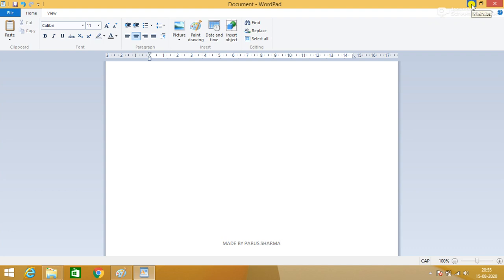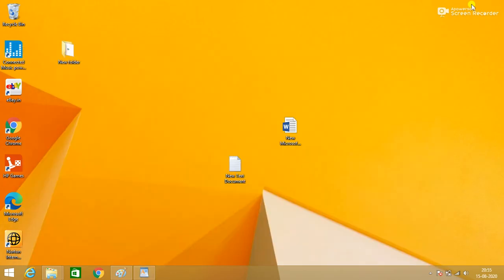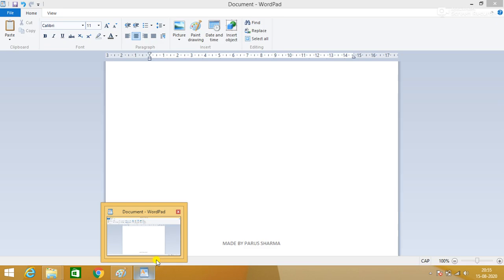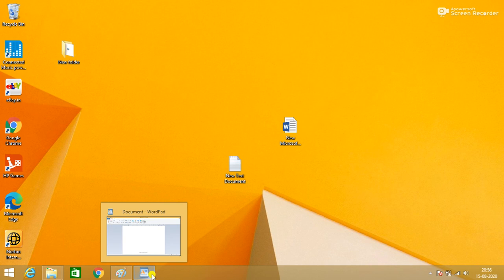The minimize button is used to hide your window from the desktop screen. Now see, when I click on the minimize button, the window disappears from here and we can see the window on the taskbar. When I move my mouse pointer here, you can see that the WordPad window is open in the background, but it is hiding here.